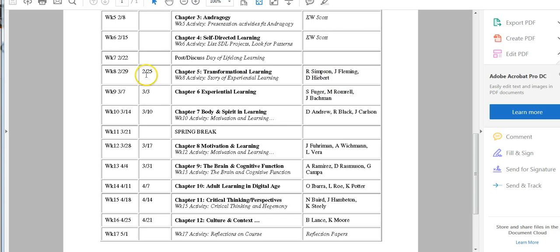Notice, however, that chapter 5 begins February 29th. It's a leap year, so the 29th. And the Thursday before, and that will be true for every one of our chapters as we get them ready, will be the Thursday before. So for chapter 5 in week 8, that's going to be February 25th, when Roland, Jory, and David are going to email me their materials, and then I'll upload them and get them all ready.